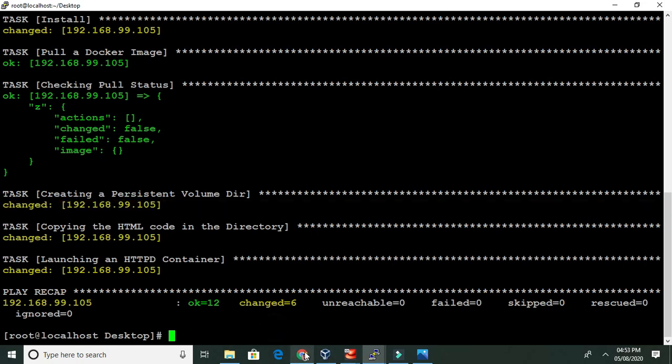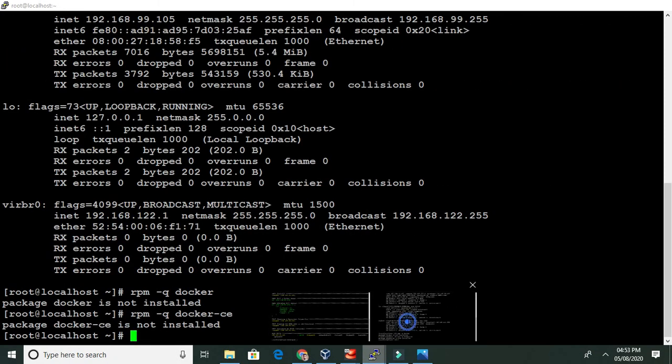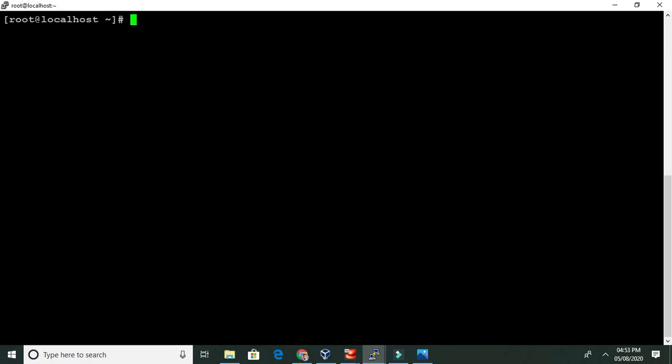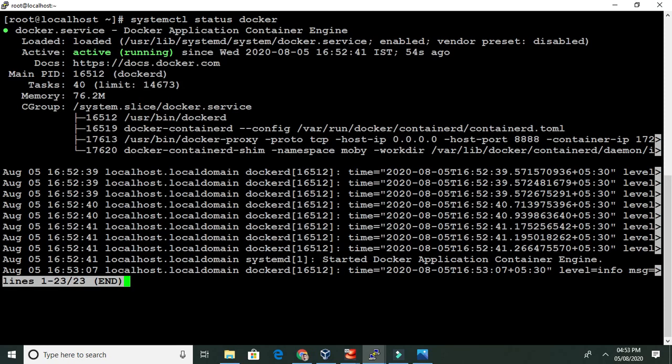So let's go and check one by one. So here we are. First of all we'll check whether the Docker service is running or not. You can see Docker is running. Now we'll check whether the volume is created or not.